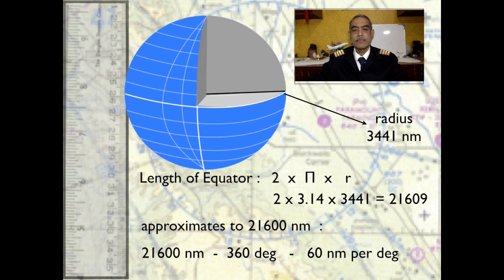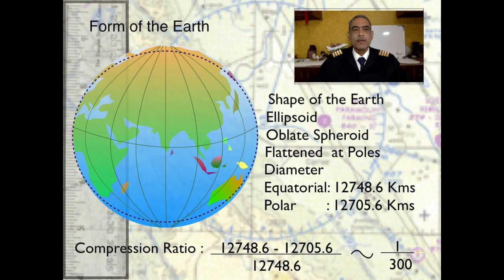Okay, let's continue. As I was telling you, the shape of the Earth is not a perfect sphere. At best, we can describe it as an ellipsoid or an oblate spheroid. It is flattened at the poles, and the diameter at the equator is 12748 kilometers, and in the polar it is